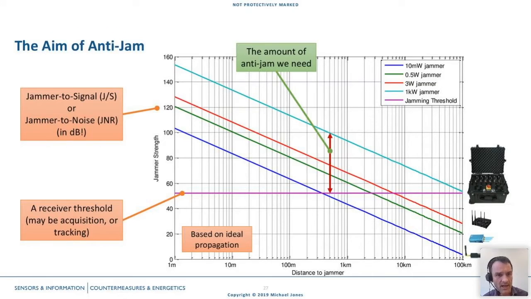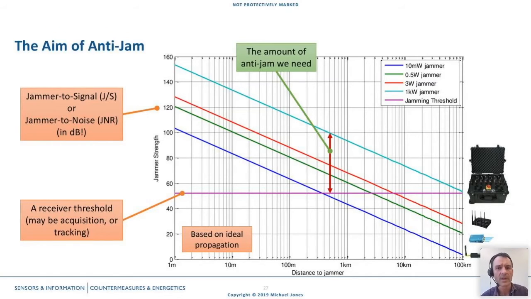Now that horizontal purple line represents a GNSS receiver, and we can pick a threshold. Different receivers will have different positions on that vertical axis, and that is the threshold at which the receiver falls over. In this case, the intersection between the dark blue line and that horizontal purple line is at about 200 meters. So for this cigarette lighter jammer, under ideal propagation conditions, would likely cause that receiver to fall over from a distance of about 200 meters. In reality, it's not as bad as that because propagation isn't ideal,